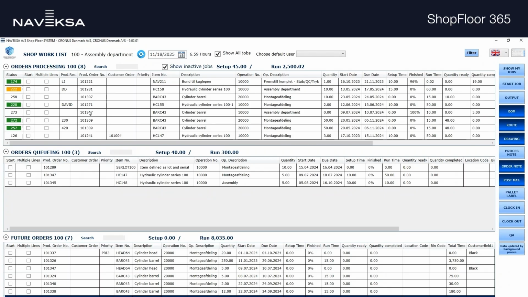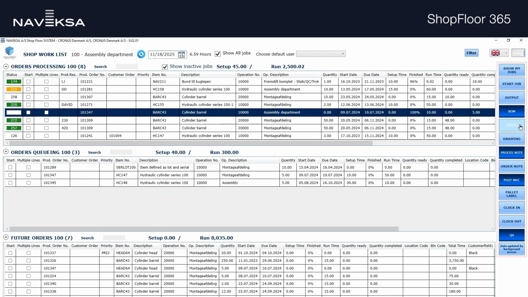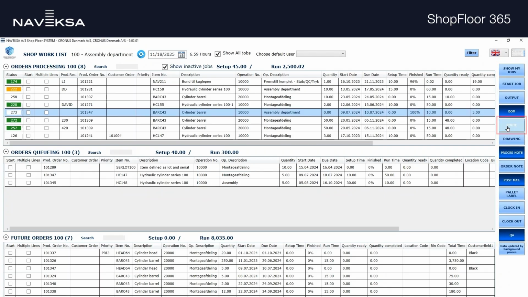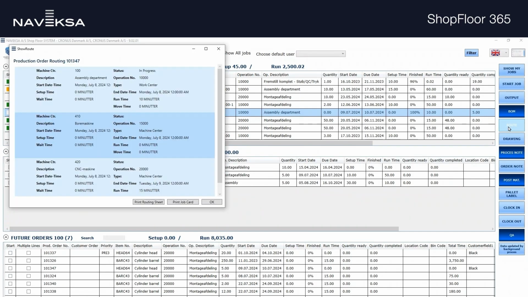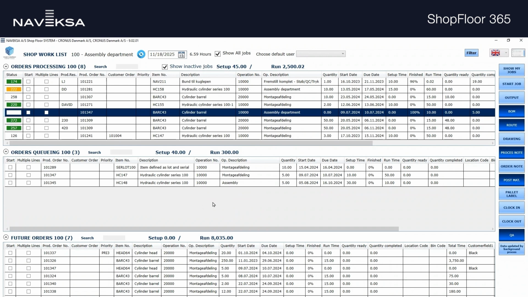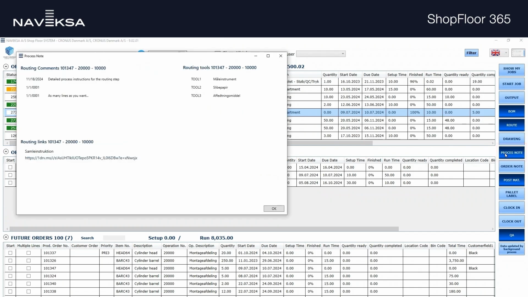Let's demonstrate this. We click on an order to see the active blue icons available and click on Route. We now see the routes that production order will follow. And if the planner has attached any additional information, we can look that up by clicking the Process Notes button,